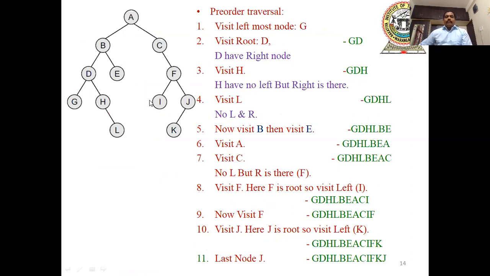So how can we do it? First we visit the leftmost node, because we are starting from left, root, right. What is the leftmost node? G is the leftmost node. First we are taking G. If G has any child, there is no child because it is terminal. G has the parent, that is root node D, but this portion is a separate subtree. Now we will discuss with this diagram.